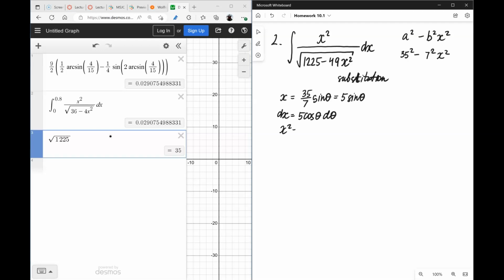X squared will be 25 sine squared theta. So the square root of 1225 minus 49x squared will be 35 cosine theta. And